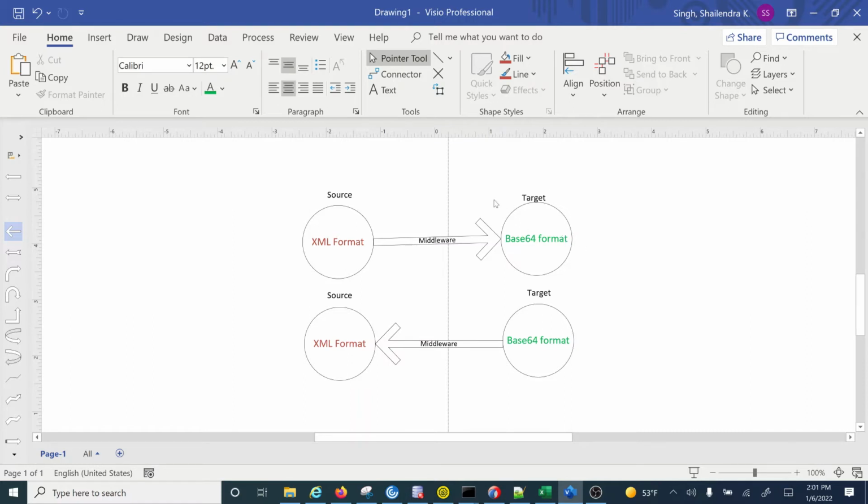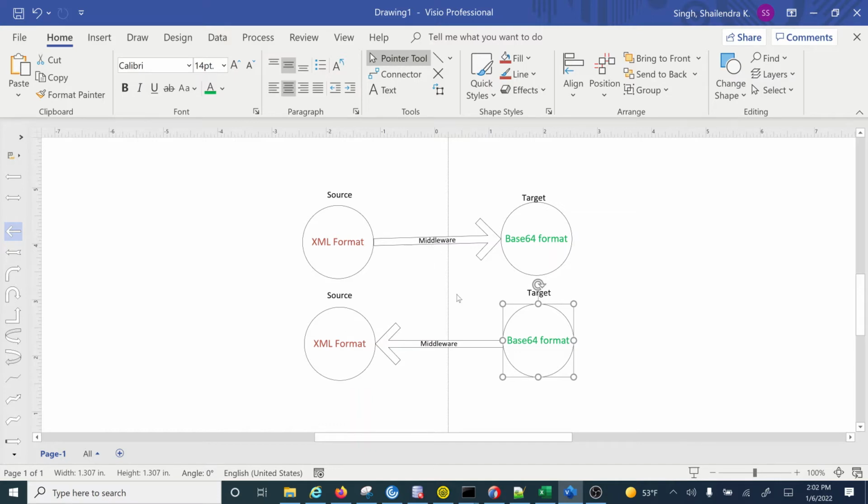Now let's say the target system processes the data, and after completing the process, the target sends it back to the source system. There may be a requirement where the target system can send the data only in the base64 format, but the source system can accept the data only in the XML format.